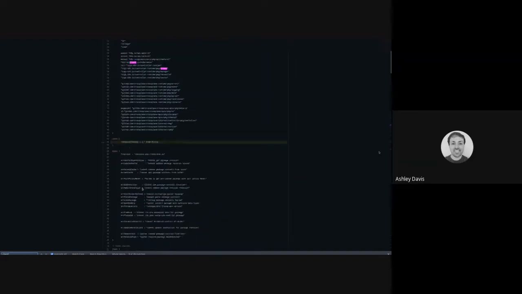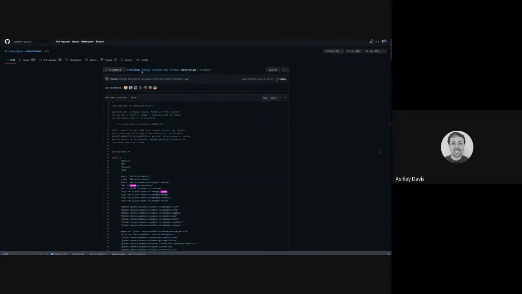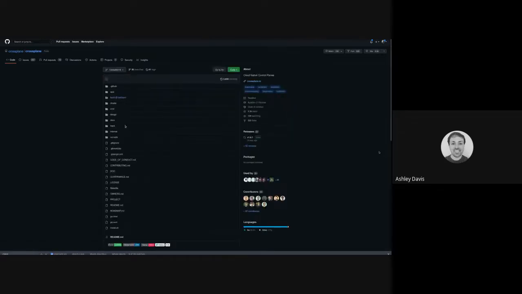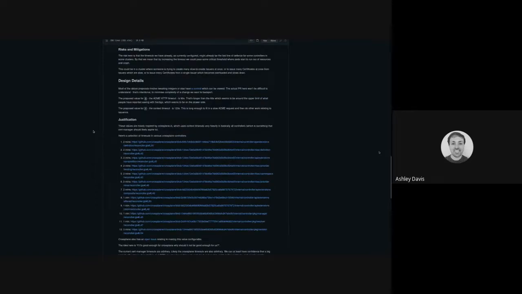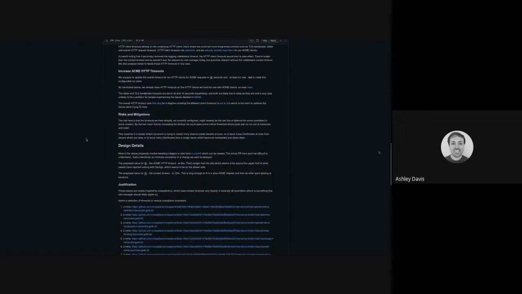I didn't look deeply at the provider clients. I looked mainly at the core ones, which are what I linked here. A lot of them, the AWS one at least, didn't have timeouts universally, but I'm not sure that they're setting anything explicitly, so it could be defaulting to whatever comes from AWS. But their core controllers, which are sort of the gold standard, I guess, they all seem to have these context timeouts.